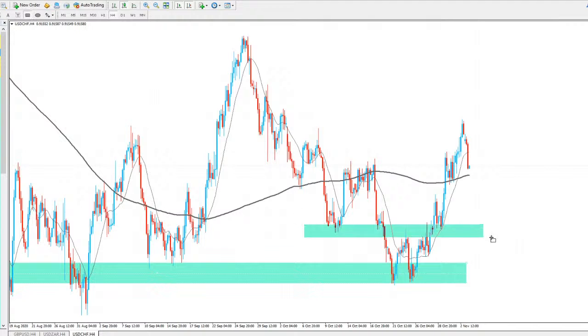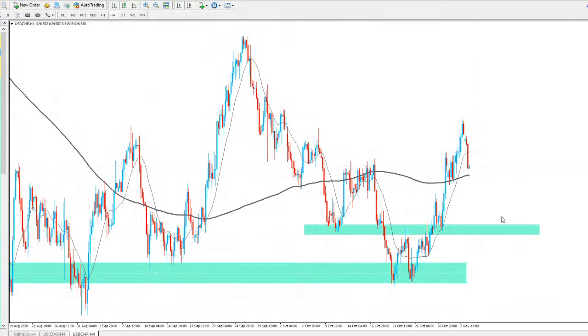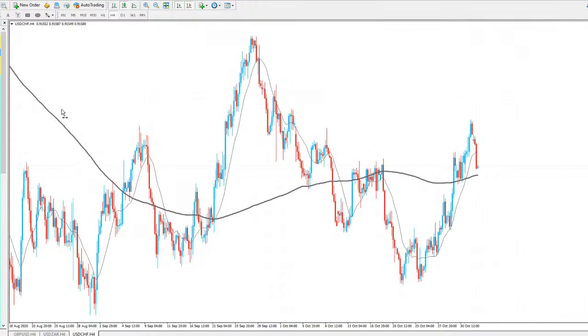We do have support running through the market there. As you can see, support there again, resistance all there. So that could be a nice place looking to buy back into the market. So we'll be waiting for areas like so. But as of yet, for me, there's no trade there. So I'm going to be moving on from USDCHF.